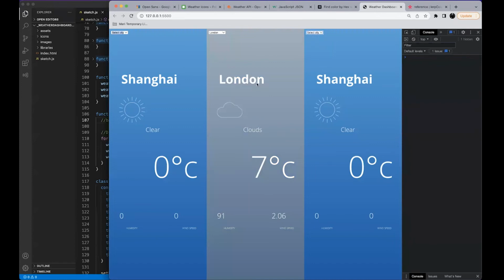So you already see the color variation getting from a darker position to a lighter position. And this is going to run independently for each panel, for each different city. And it will be responding to